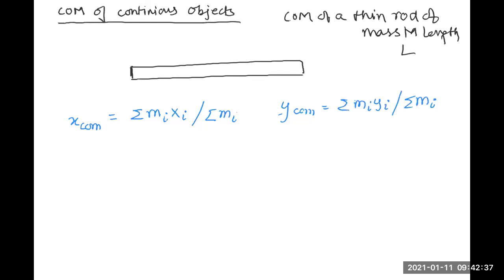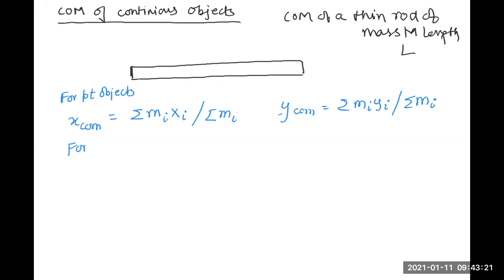Once you have done that, you can simply apply this formula where mi would be the mass of the circle, xi would be the x coordinate of the center of mass of the circle, right? And then again mi, the next value of i, would be the mass of the square, and xi would be the x coordinate of center of mass of the square. Okay? So this is what you do for discrete systems. So for point objects,